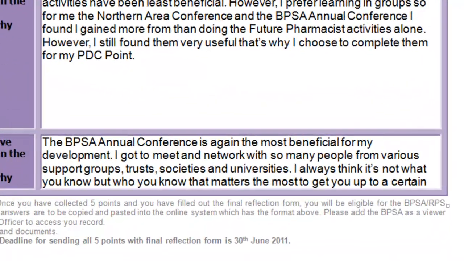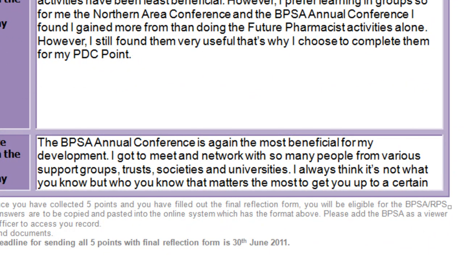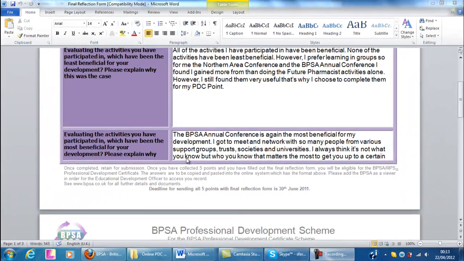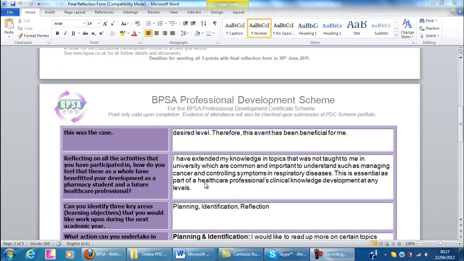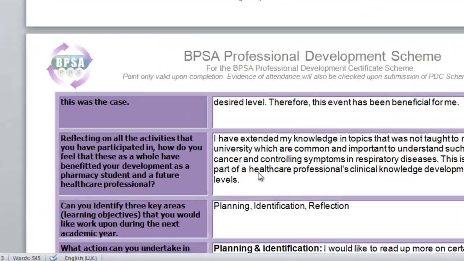The third section is the opposite, where you provide the BPSA with some positive feedback about the activities that might have been the most beneficial for your professional development, something that might have been up to the standard, or better. Next, you'll be asked to explain how all the activities within the PDC scheme that you took part in